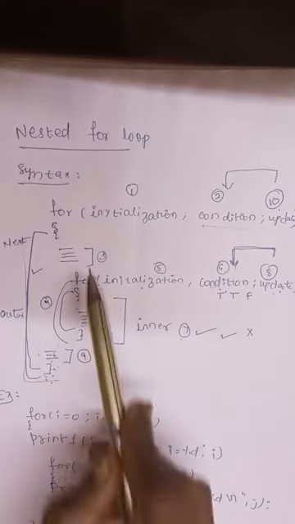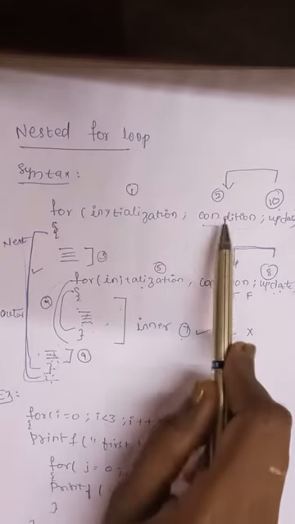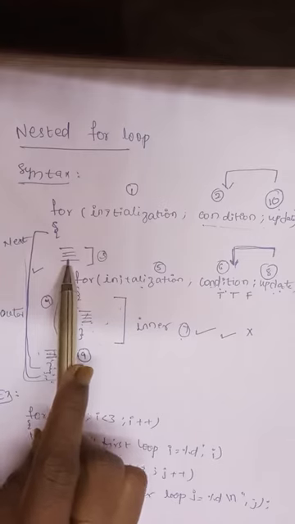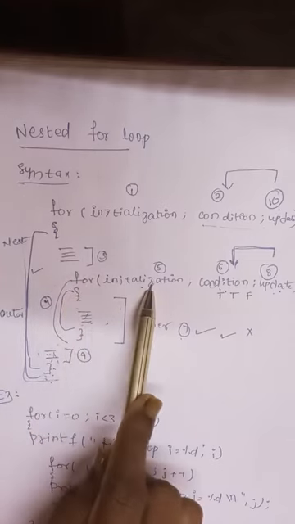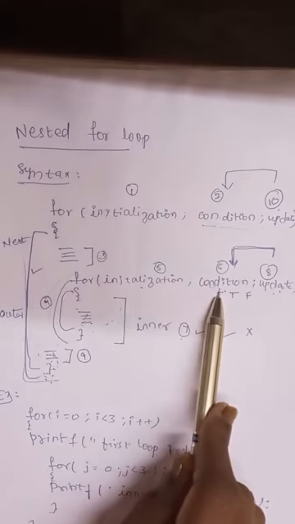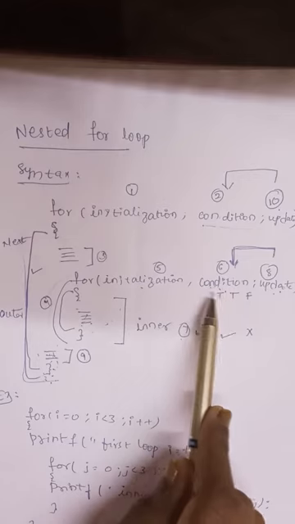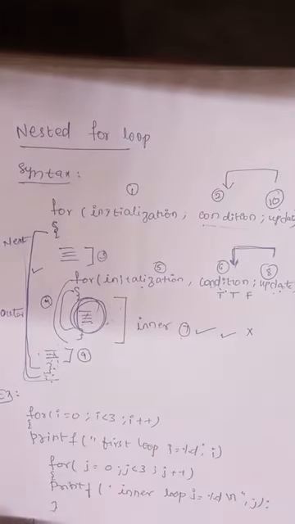In this block, whatever statements we have are executed when the condition is true. Now here we consider we have some set of statements; these statements are executed. For the for loop, again initialization is done and the condition is tested. Until the condition is true, only this block is going to be executed.